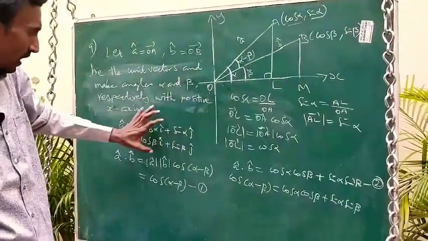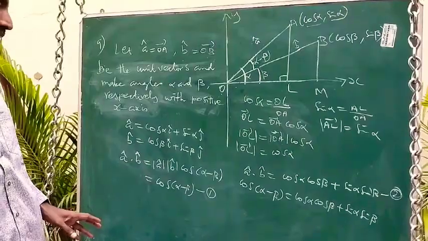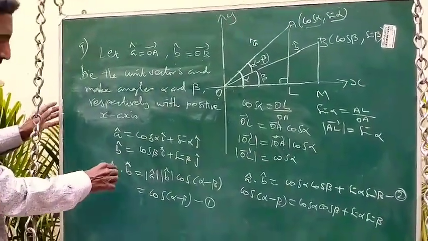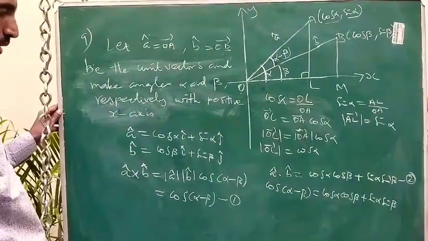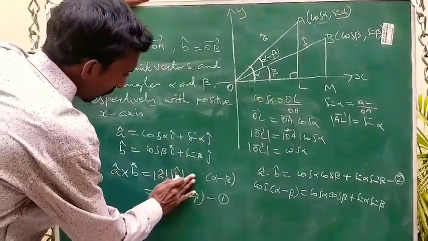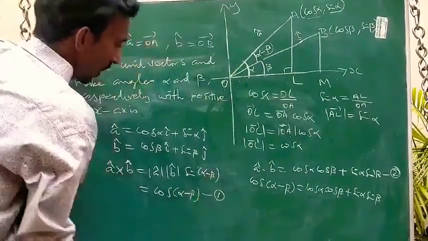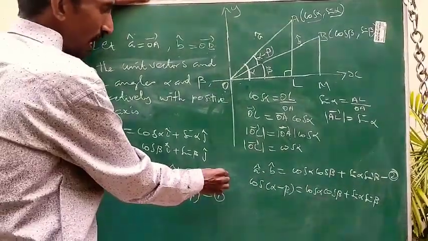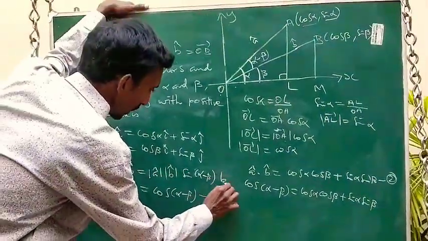The same diagram, same construction, we can use for sin(alpha minus beta), example 6.5. The same thing, but instead of the dot product we have to use the cross product. So according to the definition, A cross B is magnitude of A, magnitude of B, sin of the same angle alpha minus beta, times n cap. What is the vector perpendicular to both i and j? It is nothing but k.